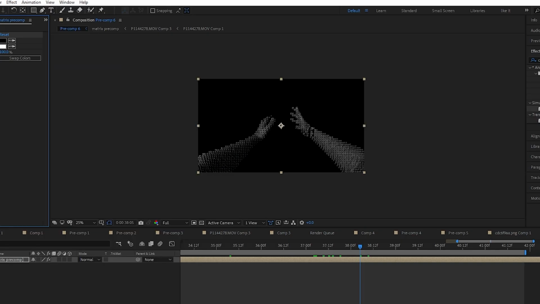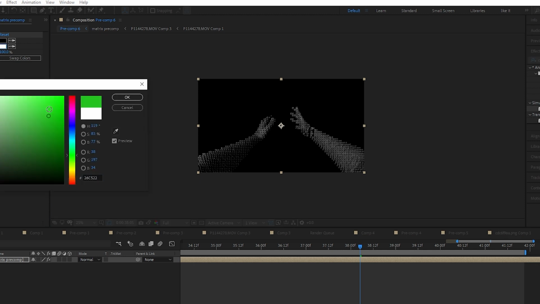Now that you have your basic effect ready, turn off your matte layer and pre-compose the white solid by right-click, pre-compose, move all attributes. Now we have our matrix pre-comp, which is really close to what we were aiming for. And to make that happen, we need to add some color and add some glow. For that, go into Effects, Color Correction and Tint, set the color to green and add some glow.